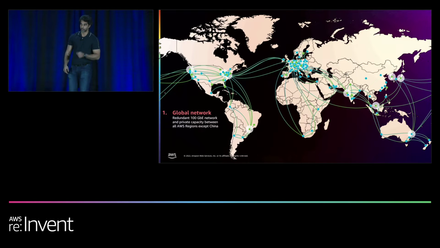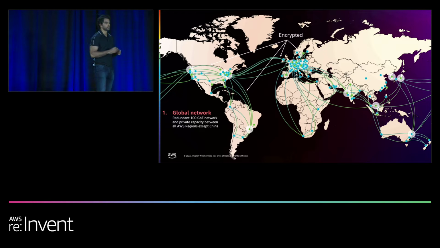The AWS Global Network is a redundant 100 gigabit Ethernet network backbone, often providing many terabits of capacity between AWS regions, and it connects 6 continents. You can use this physical infrastructure for your own WAN connectivity, and with dynamic bandwidth allocation, you can scale up and down as your global routing requirements change. Now, all traffic on this global network between our AWS regions and data centers is completely encrypted at the physical layer using MACsec and optical encryption. And this is irrespective of which AWS service you're using on top.